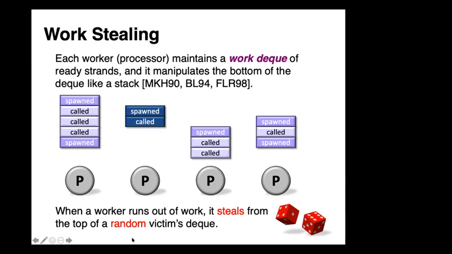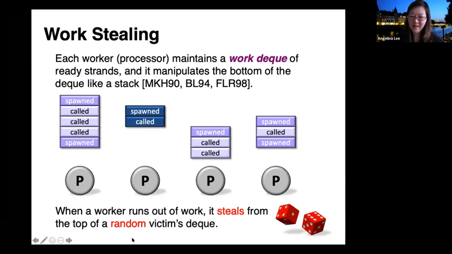Good. Okay, so great. We already have a few responses, and I think people are getting the right intuition. In this case, notice on the third worker, where previously the top two frames have spawned and then called and spawned, the second frame that's stolen by worker 2 has previously spawned, just judging based on what's left on worker 3's deck right now. And this is why we're stealing the top two frames.